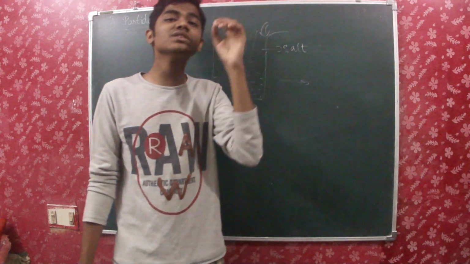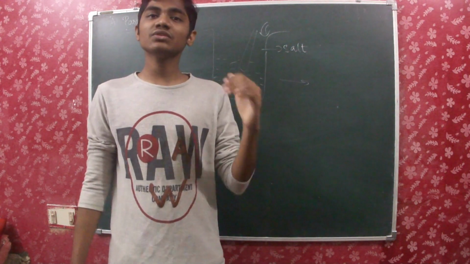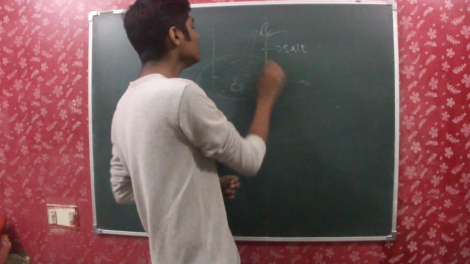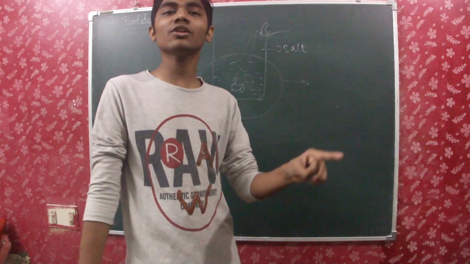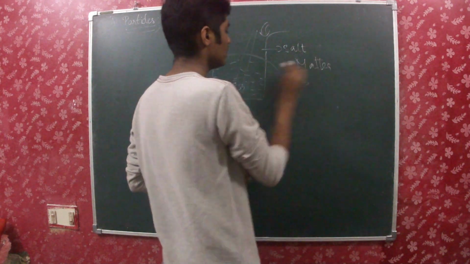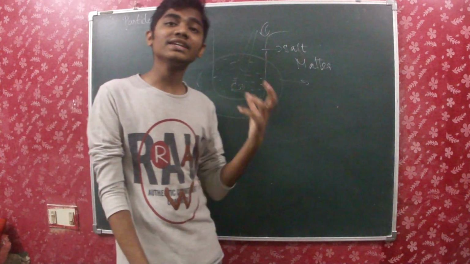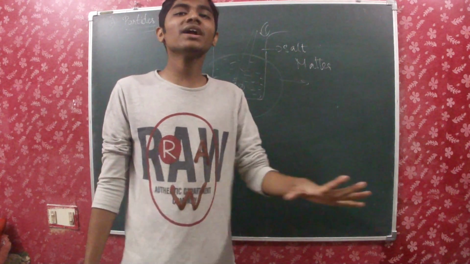So you can't figure out the salt and sugar which you added into the beaker. What happens? It completely gets dissolved. Am I right? It just disappears into the solution. That process is known as dissolution, and that's an entirely different chapter. So what we come to know is that in this water those sugar and salt particles are present even though you are not able to see them. So matter is made up of particles, which we may not be able to see, but there are particles inside matter.